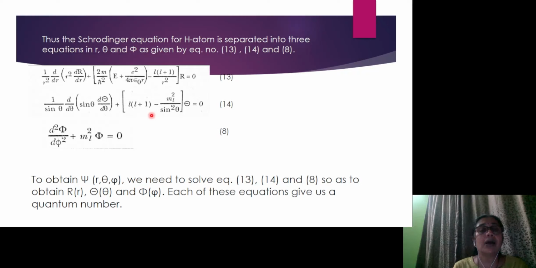Today we have seen how the Schrodinger's time independent equation for the hydrogen atom in the spherical polar coordinate system can be reduced to three simple differential equations, and what information we can get from these differential equations, that we will see